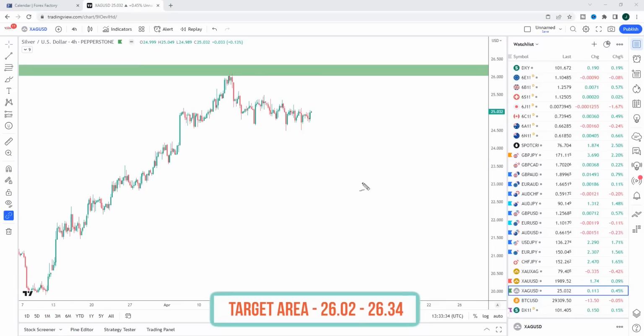Next is silver. Now, silver is setting up really nicely to the upside. So if we get that bullish catalyst for silver, which would be a weaker dollar from FOMC, I would look for this to break higher, and then any pullback would be viewed as the opportunity to look for longs into the prior high up at the 26.25 area.